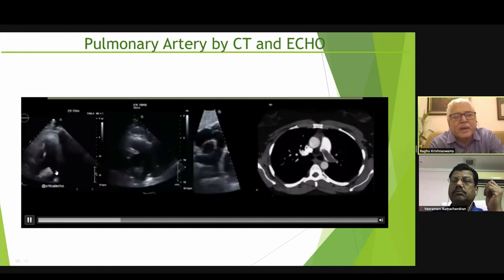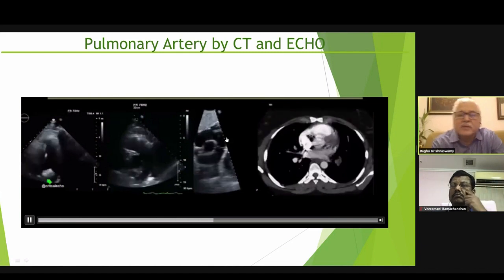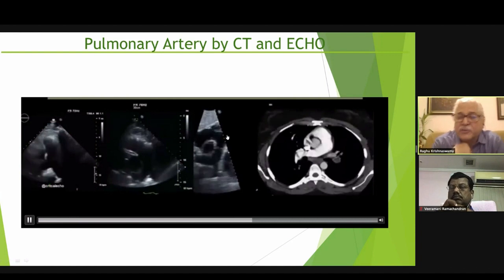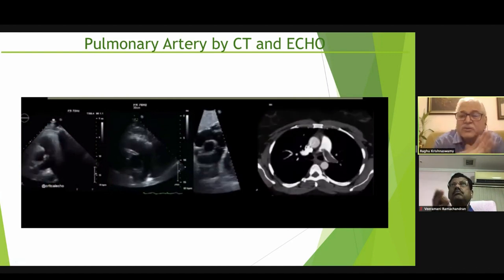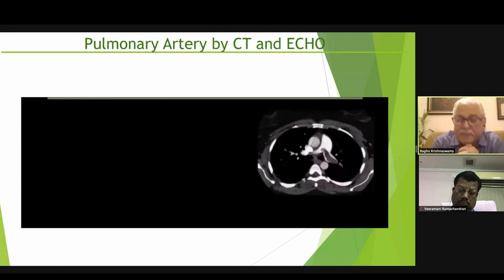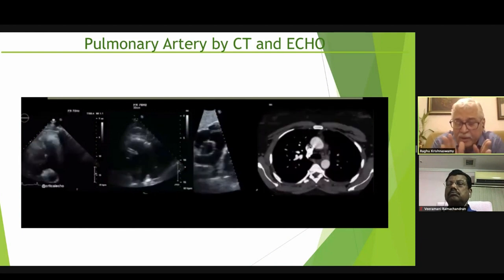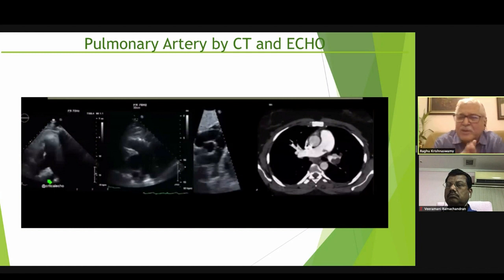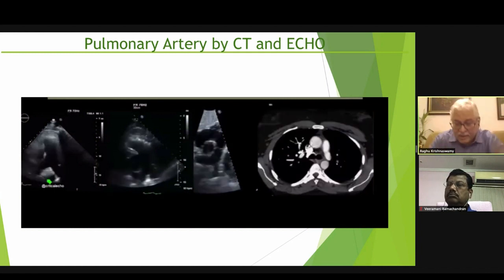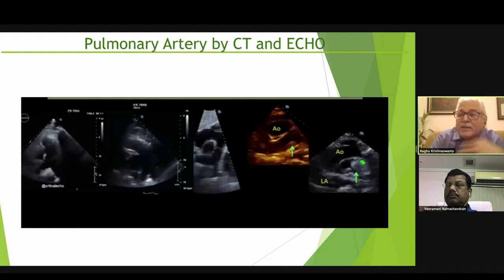This is the pulmonary artery branching to the right and the left, and you can use various views, even the suprasternal notch view, to see the pulmonary artery. And if you angulate the transducer, you can even see the bifurcation of the right pulmonary artery and left pulmonary artery. In fact, I must tell you that a couple of times I have picked up pulmonary artery thrombi in the right pulmonary artery from a suprasternal view. But this will happen in a very small percentage of patients, even in known cases of PA thrombus, because the window in an adult is not always very easy to get from a suprasternal notch view.